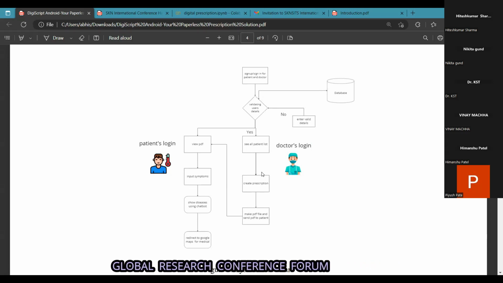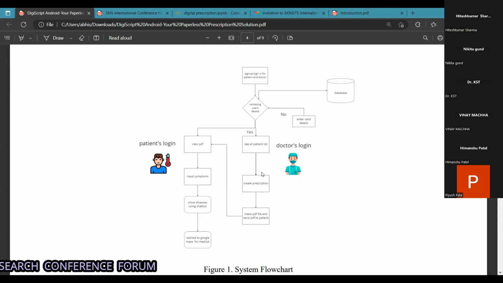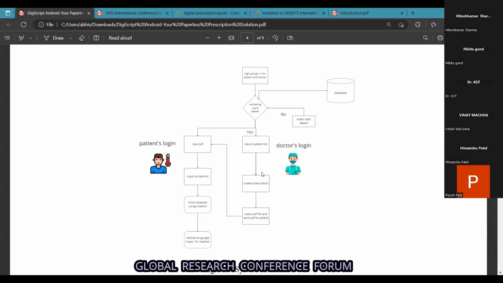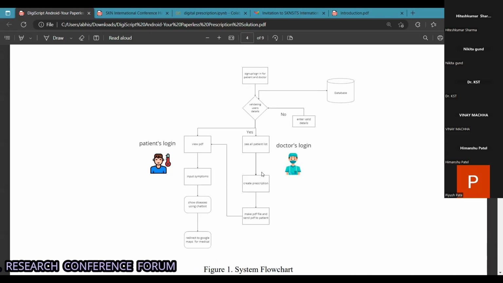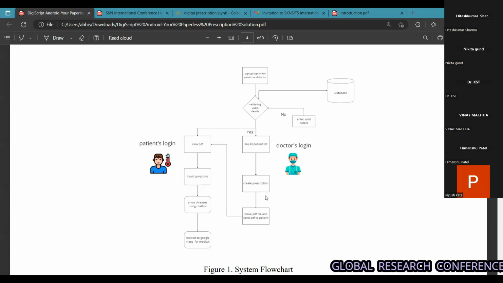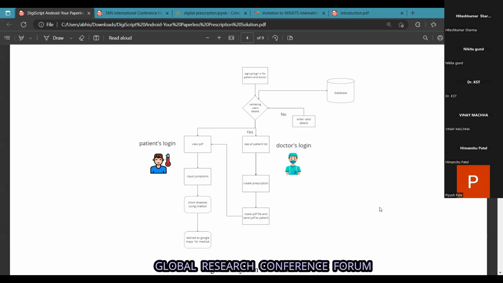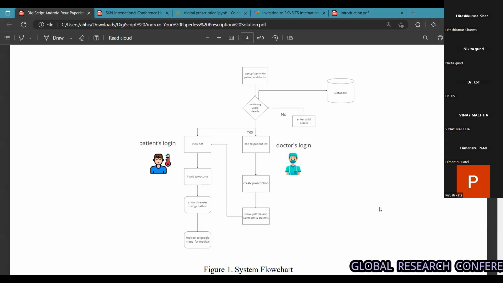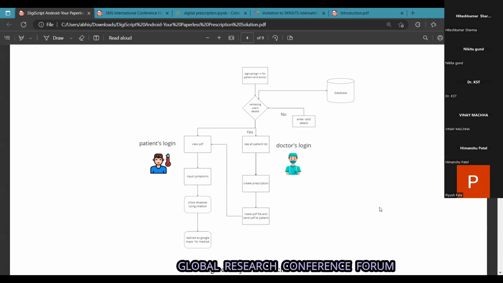And if he is a patient, then he can view the PDF, input symptoms, and there is a chatbot which can show diseases,